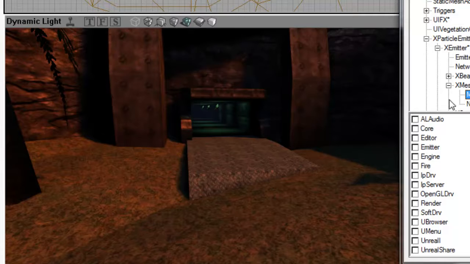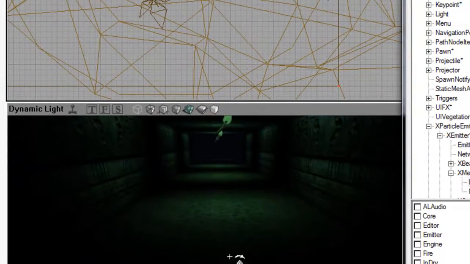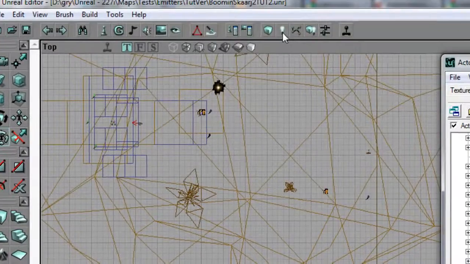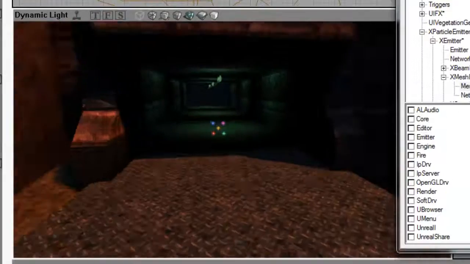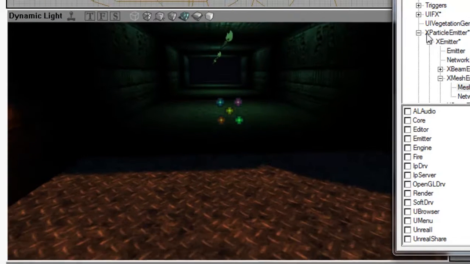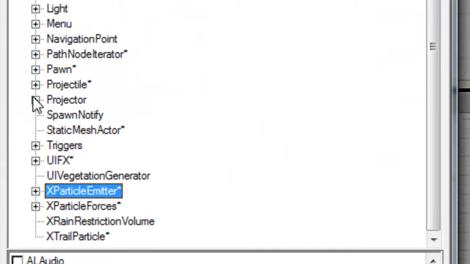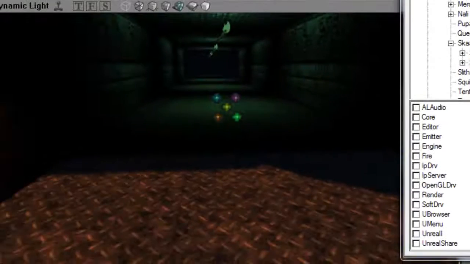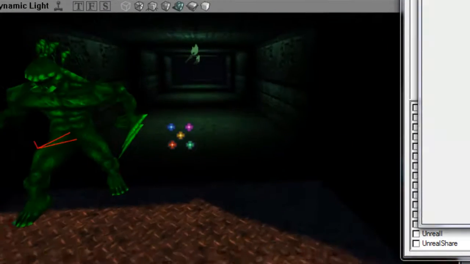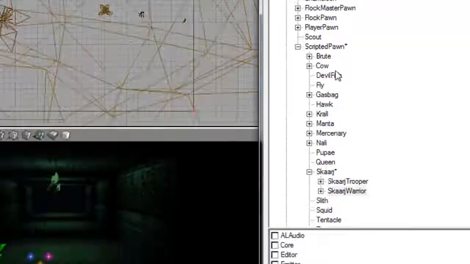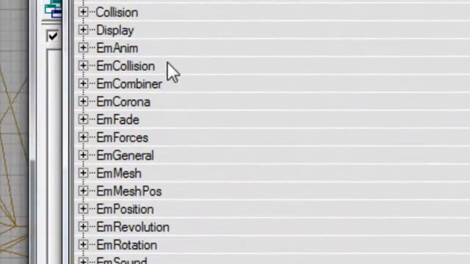Okay, so we've got our mesh emitter here, and we will place it here. Oops, of course my lighting just screwed up, because I had this selected. Okay, so I've got my mesh emitter, and the other thing we need is our reference, that is Scar. So pawn, scripted pawn, Scar warrior. Let's take Scar warrior. Okay, his height, sorry, is 46, so we will take this number,